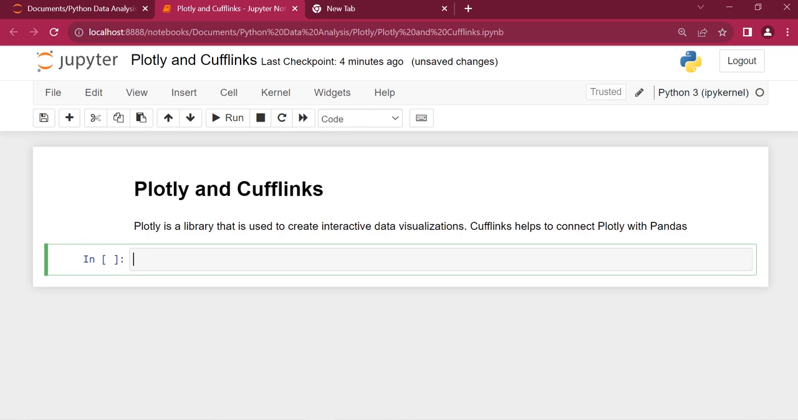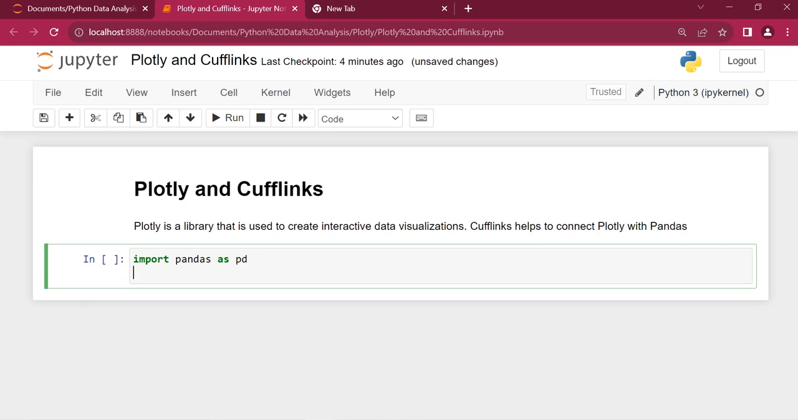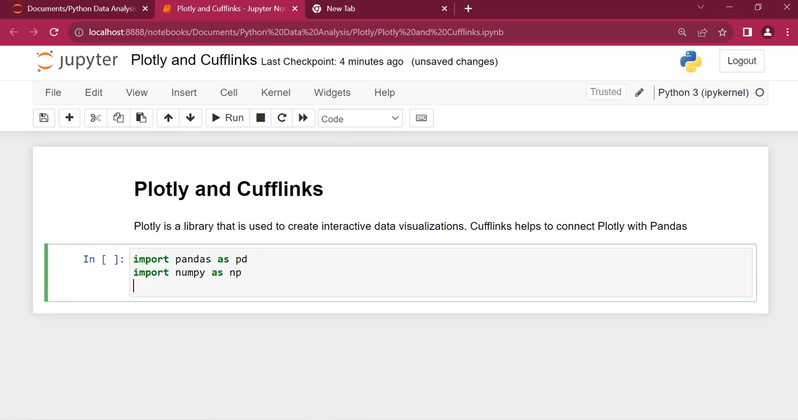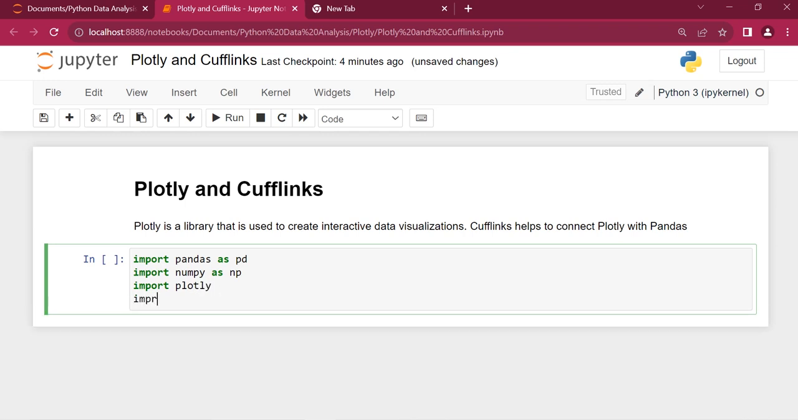So now let's import all the required modules here. So first I'm going to import pandas as pd because we'll be working on pandas datasets or pandas data frames. Then import numpy as np. We'll be creating random values using numpy, and then I can say import plotly and also import cufflinks as cf,